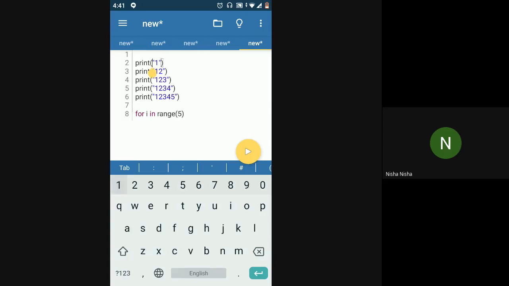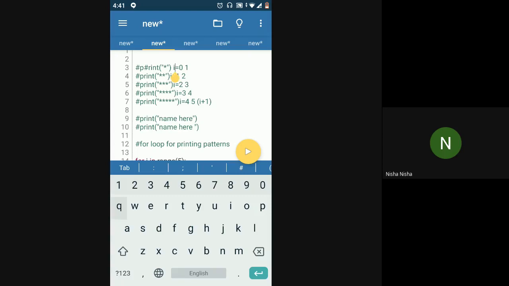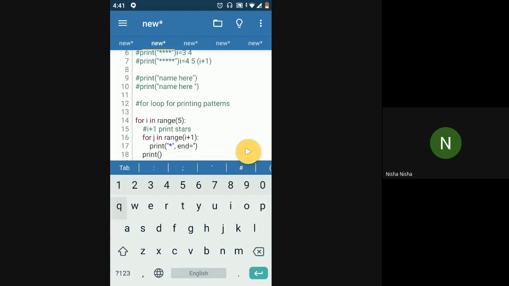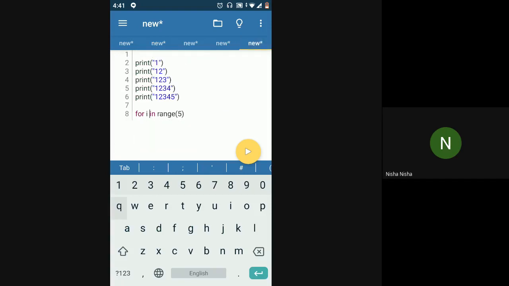So now this is exactly like the previous one, right? In the first stars example that we saw, on the first line we have one star, the second line we have two stars, the third line three stars, and four and five. So basically the relation of i will remain the same as it was previously. For each i, we wanted i plus 1 stars. Similarly in this case, for each iteration I will want the number of numbers to be printed to be i plus 1.